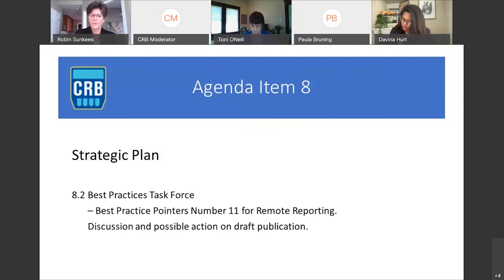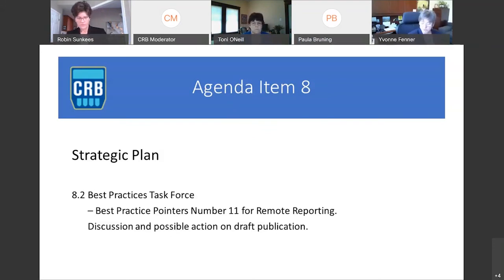Thank you. And turning to our final agenda item under the strategic plan is the action plan update. Ms. Fenner? Thank you. On page 59 of the board agenda materials, you'll find the updated action plan. We put this before you at every meeting so that you can see what we've done and what we have left to accomplish. And as always, we ask for any priority changes that any board member would like us to